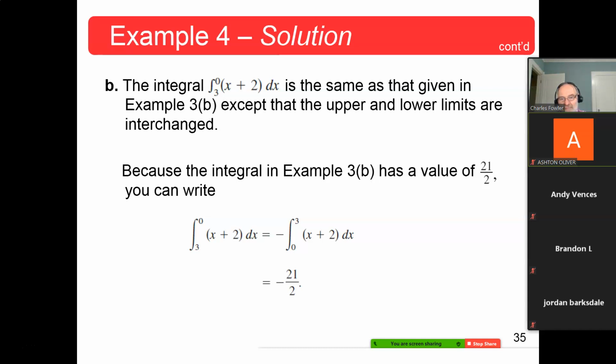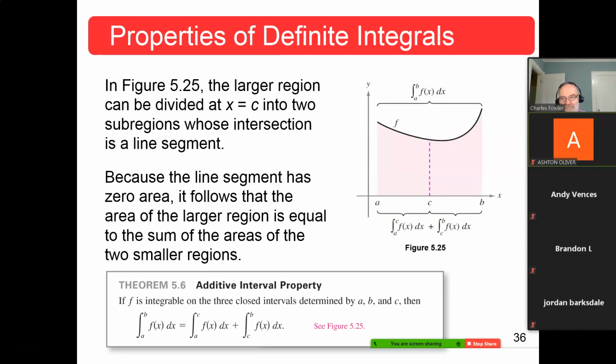If you have an integral going from a higher number to a lower number, negate the integral and go from the lower number to the higher number. That's it. If you have an integral going from the same value to the same value, that's going to be 0, as long as the integrand is defined at that value. All right. Now,